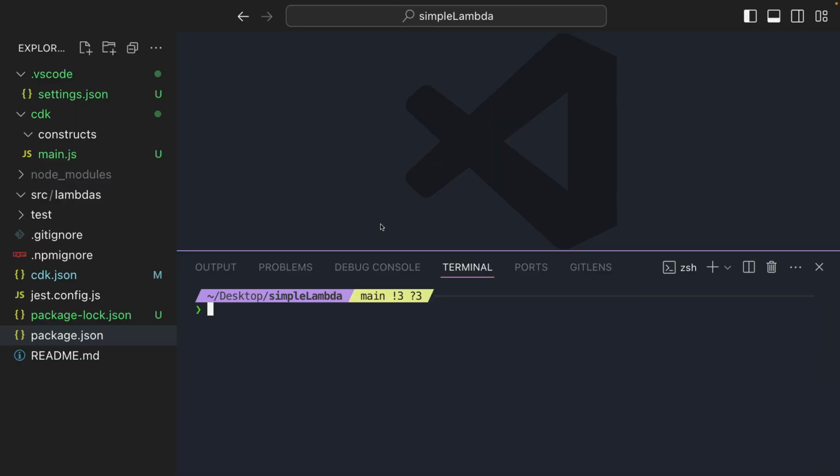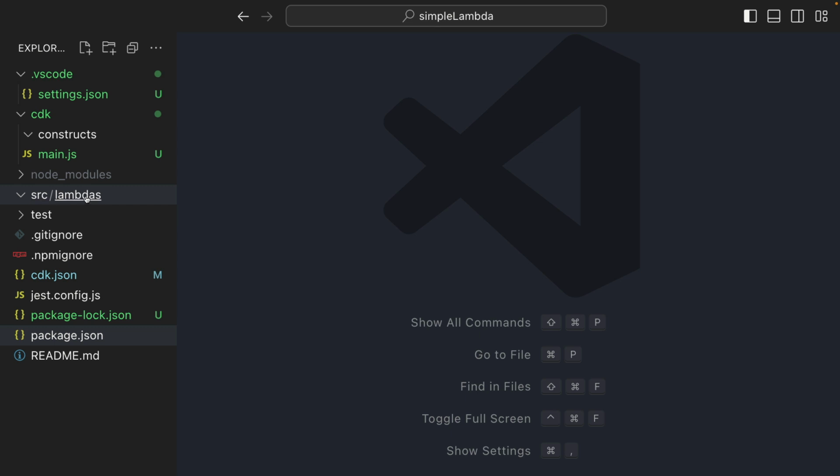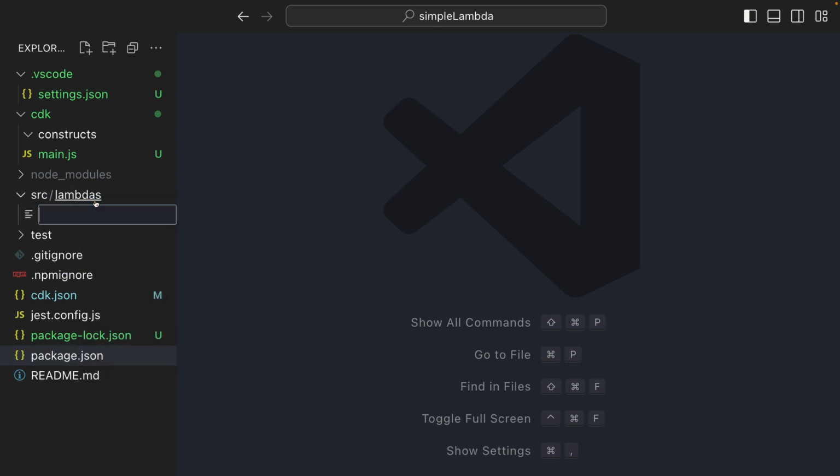So let's jump in. Okay, we're going to start with the blank template, which you can get on the link below. We've already called this simple Lambda, and we already have our files set up and ready to go. First thing we're going to do is run npm i just to make sure that our packages are installed. And then we're going to start off with probably the easiest part, which is going to be creating the Lambda function. So we're going to head over to our source folder inside Lambdas and create a new file called simple